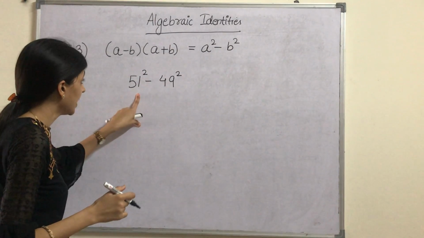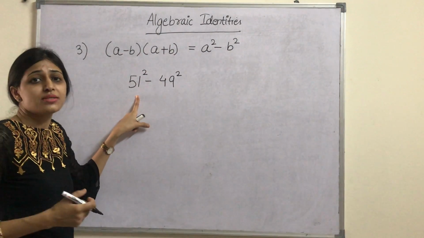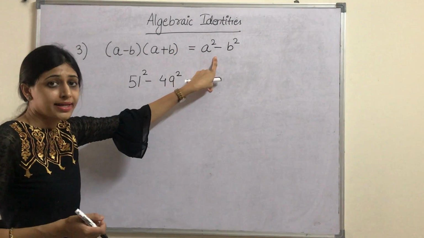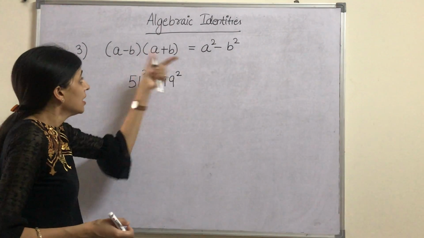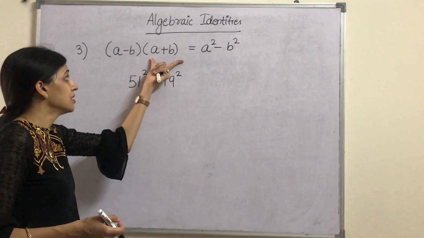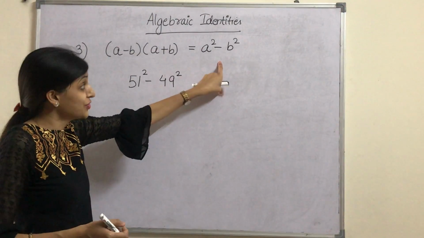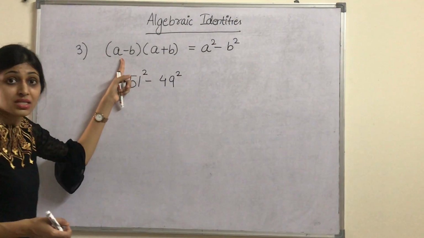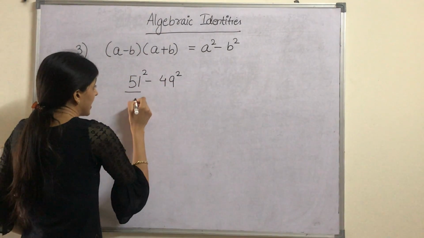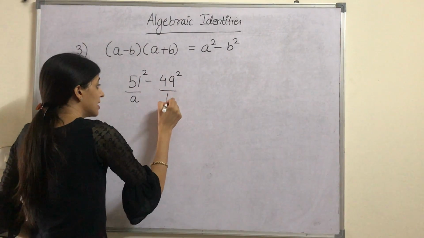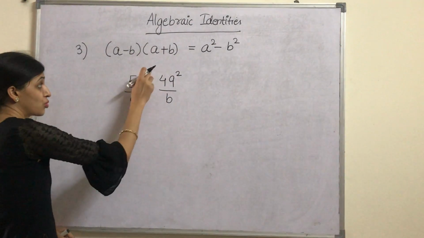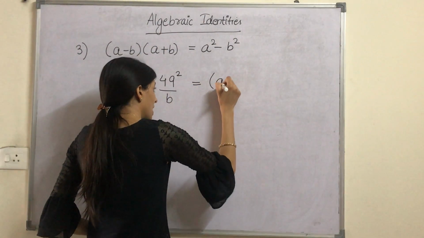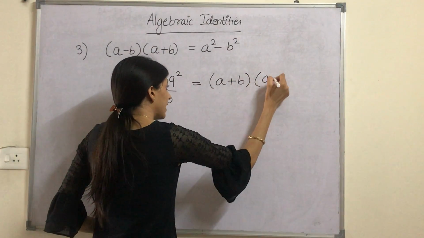Now if you look carefully, it is not necessary that the question is always given to you in the left hand side form and you have to convert it into the right hand side form. Sometimes the question can be in this form and you have to take out the answer by doing this part. So the question here is A square, this is A and this is B. So it becomes A square minus B square. What is A square minus B square? (A plus B)(A minus B).